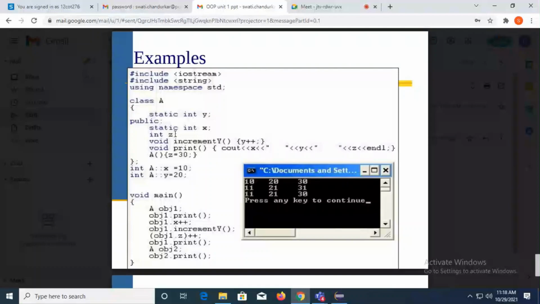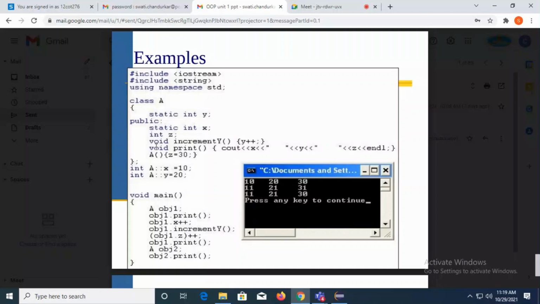Static member can be only accessed by the static member function, and static member can be defined only with the help of the scope resolution operator outside the class. Static member cannot be accessed by any ordinary member function. Hence, the constructor doesn't have the right to access or initialize the static data member.